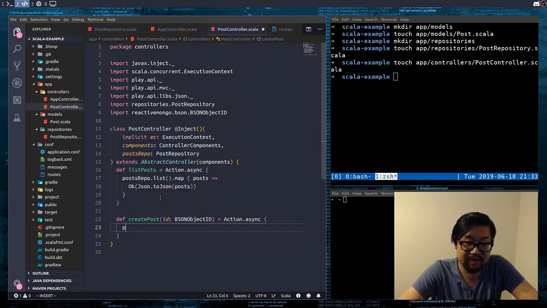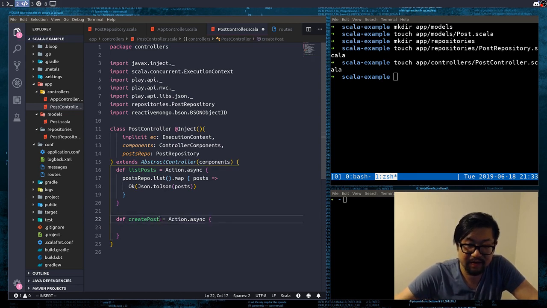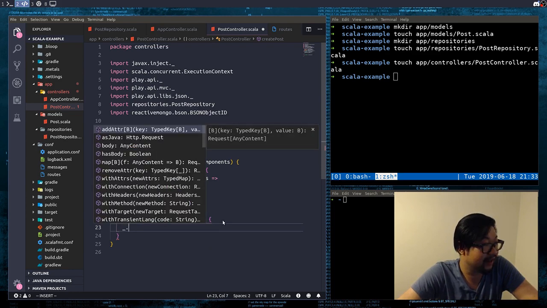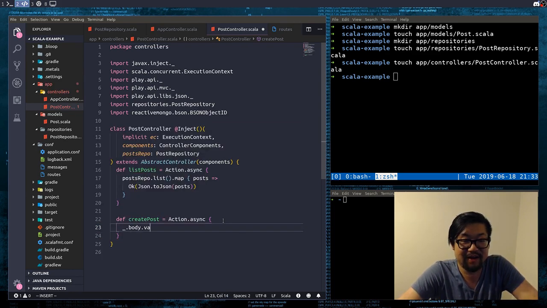So actually, we need the body, don't we? Yeah. And create doesn't need the ID. So let's do this. I'm gonna do this. So dot. Why does it do that? All right. Dot body dot validate